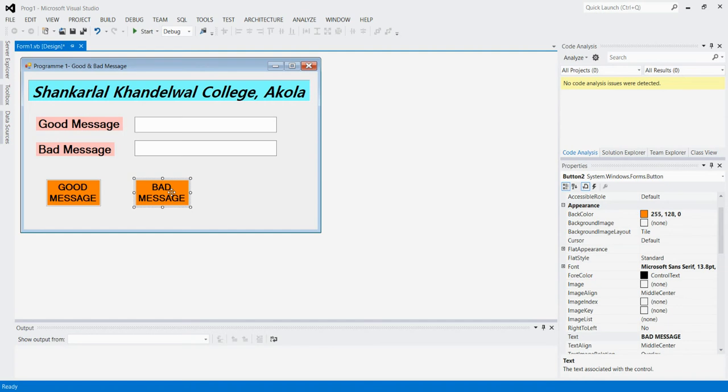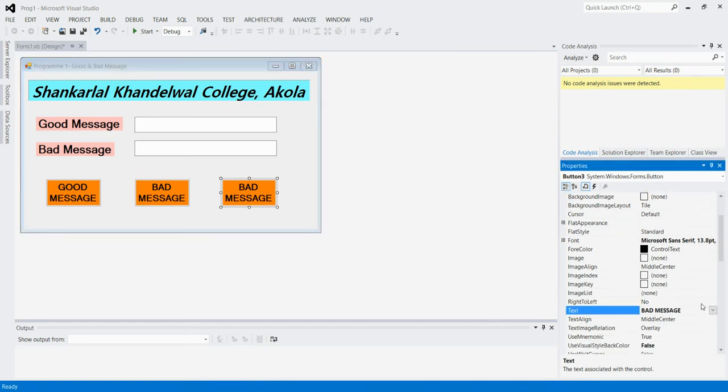After that, I require a third button of the same size for my exit. So I must do Control C and Control V over here, and I get the same size third button over here with all the changes in the properties. I only have to modify it with exit. Now remember, E X I T. I have written this exit in the text property of that third button, button 3.